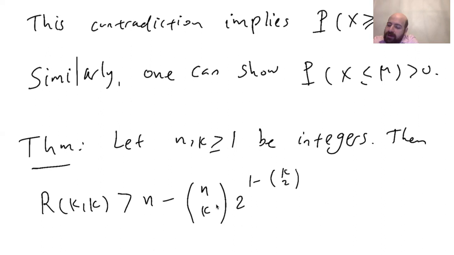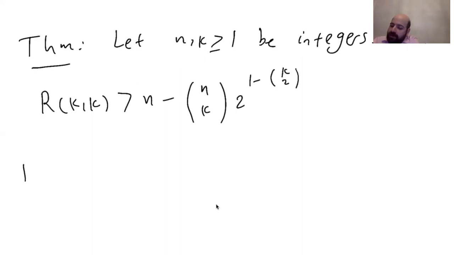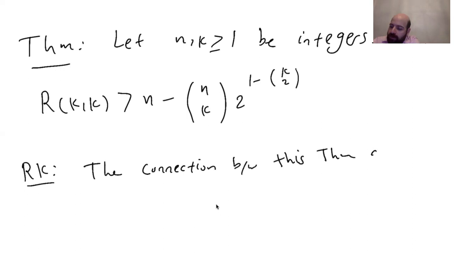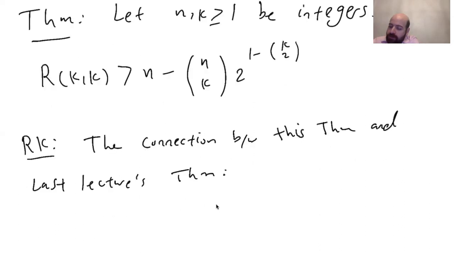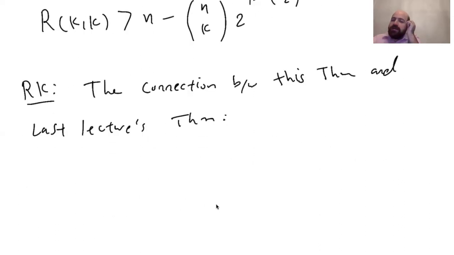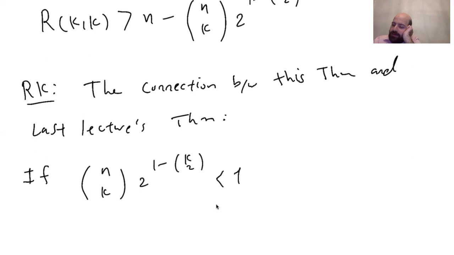Now also let's see what is the connection between this theorem and the theorem we proved last time. So remark, the connection between this theorem and last lecture's theorem. So last lecture's theorem, if you remember, had a condition. The condition was that if n choose k times 2 to the power 1 minus k choose 2 is less than 1, then